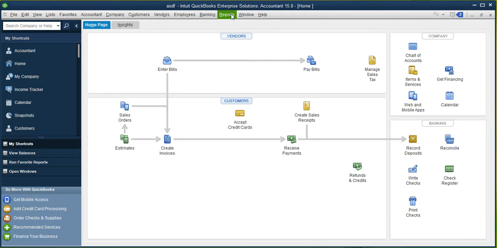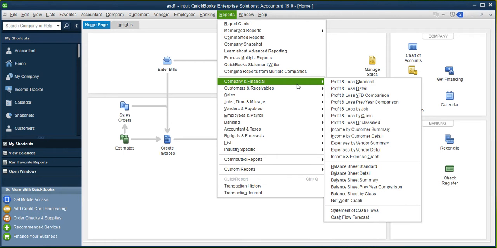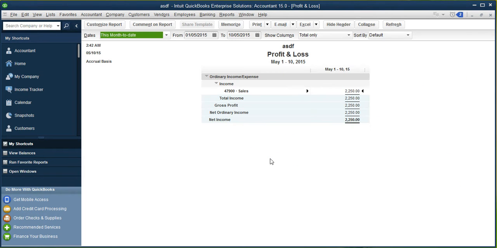£2,250. So you can go to the company, financial, the debtors, you will find the profit and loss standard. Here you will see the sale. We have made a sale of £2,250. So if you'd like to see the debtor effect, we have to look into the balance sheet or statement